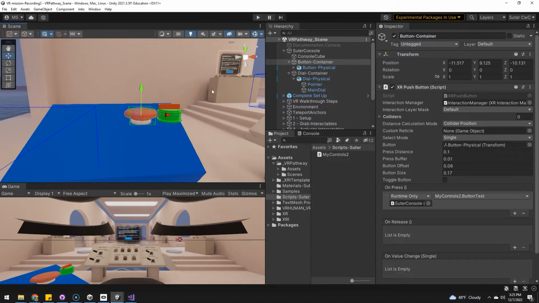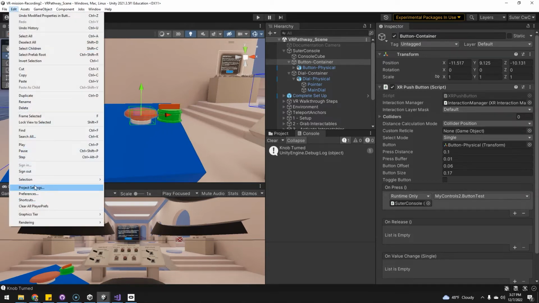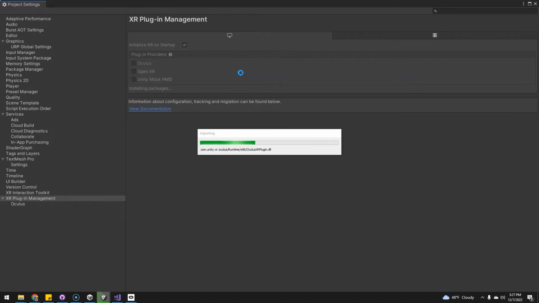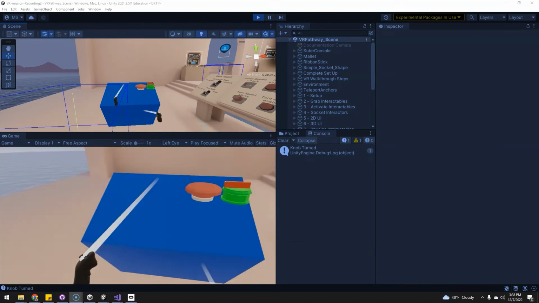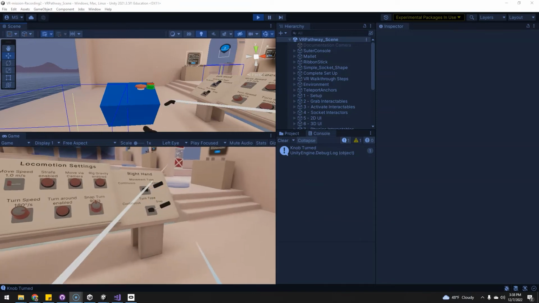Let's save that and let's get the Quest 2 headset on here. One other issue I just discovered is if you're opening up this new project, you may need to, I'm using the Oculus, so I went to the XR plugin management and checkmarked Oculus. So when I hit play, it actually sends it to my Quest 2 headset that is currently tethered to my PC. Okay, so testing here in Unity, I can tap the left or right thumbstick over to turn in 45-degree